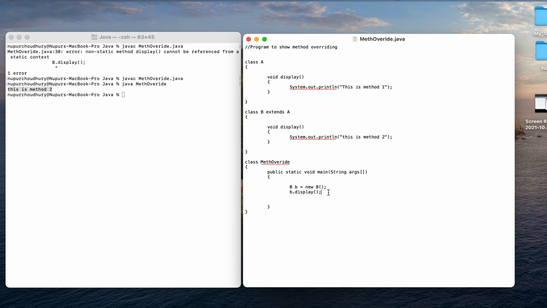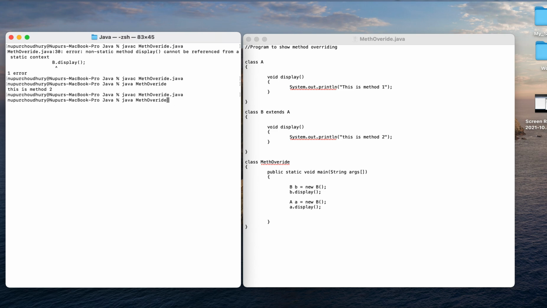So what is the next possible option that we can do? I can simply create an object of A and then call the method, then the parent class method would be called. Let us first see how it is being executed.